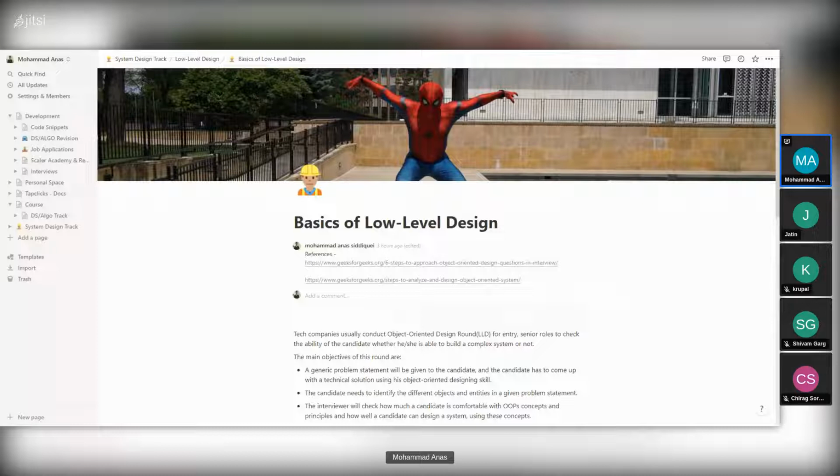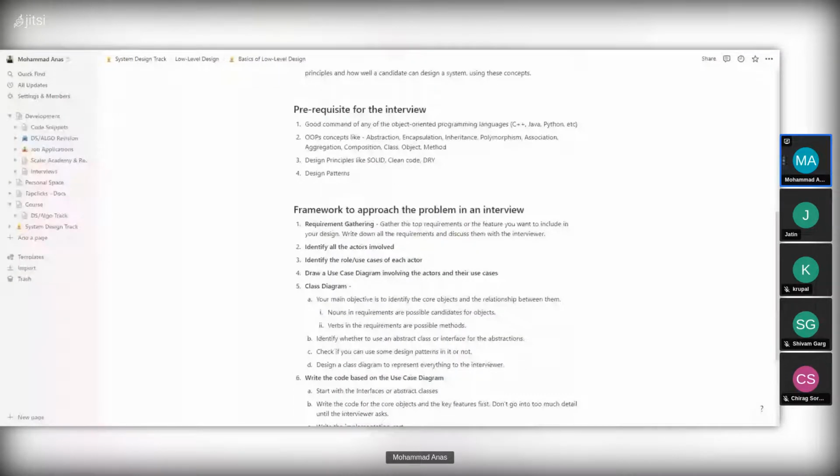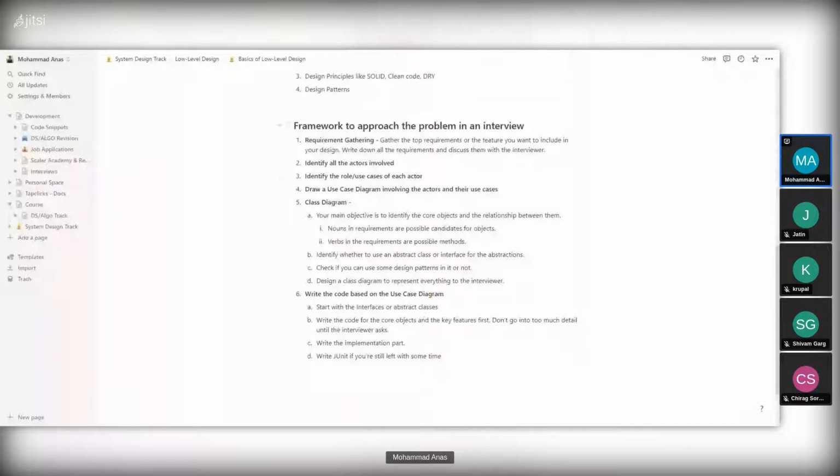And yeah, we'll just talk quickly about the framework to approach the problem. The first step is, once the interviewer gives you a problem, it can be any problem, you are required to gather all the requirements. So you'll basically gather all the key requirements. Let's say, for example, we have to design a Twitter feed. So we'll go through